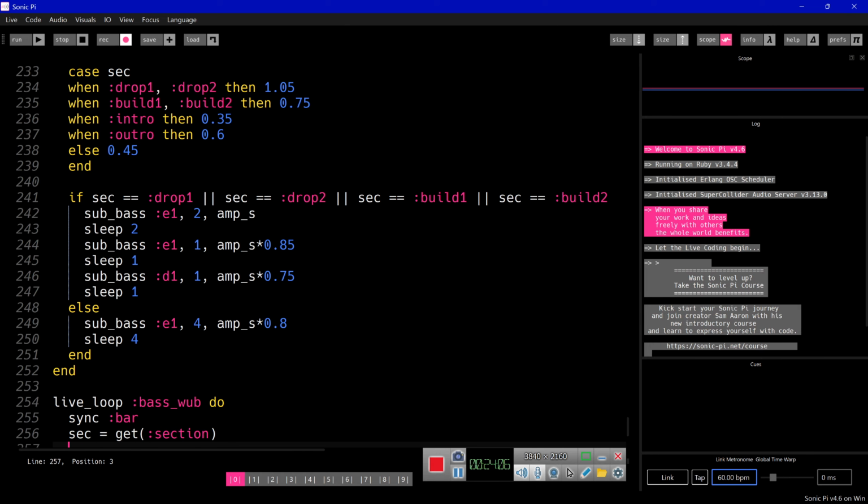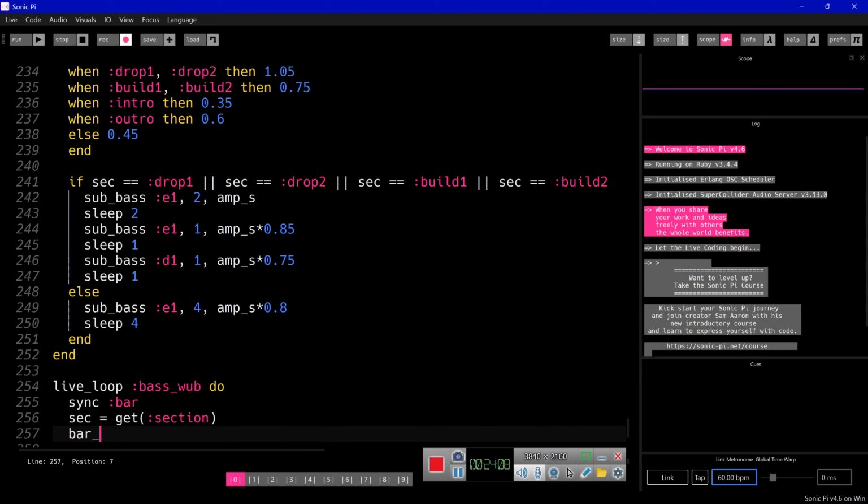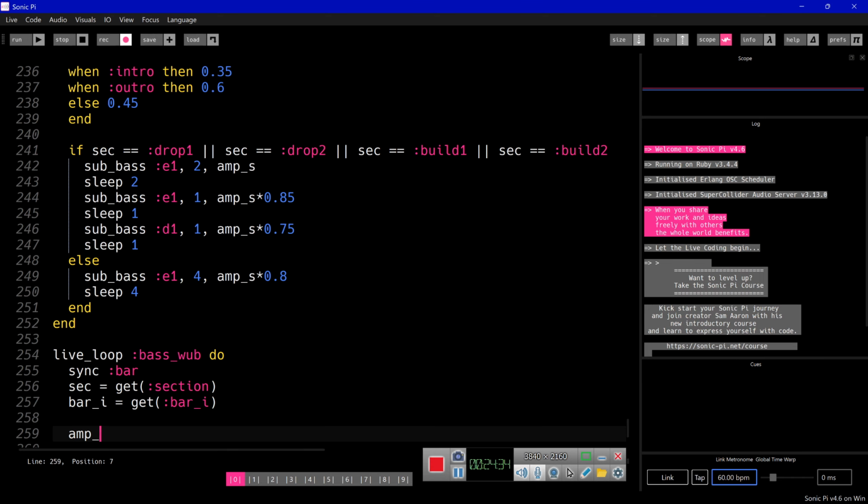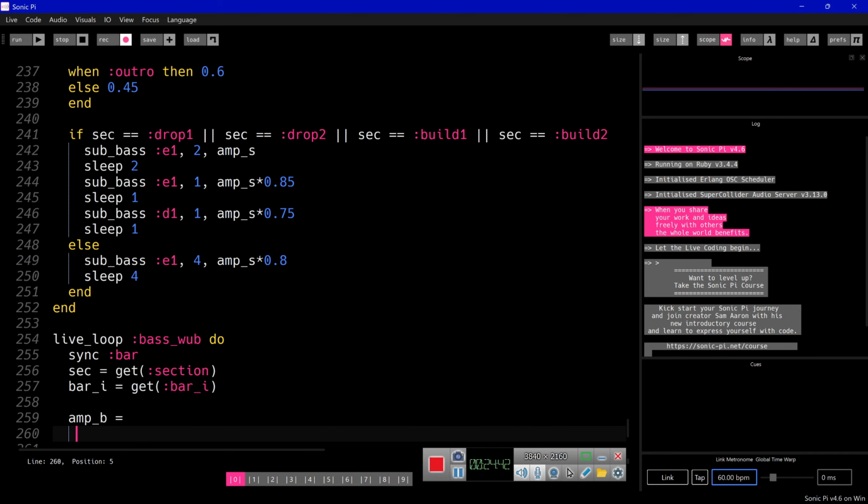And we got the bar I, and we defined another amplitude modulation, this time for bass, so it's amplitude B. So we define it as we have